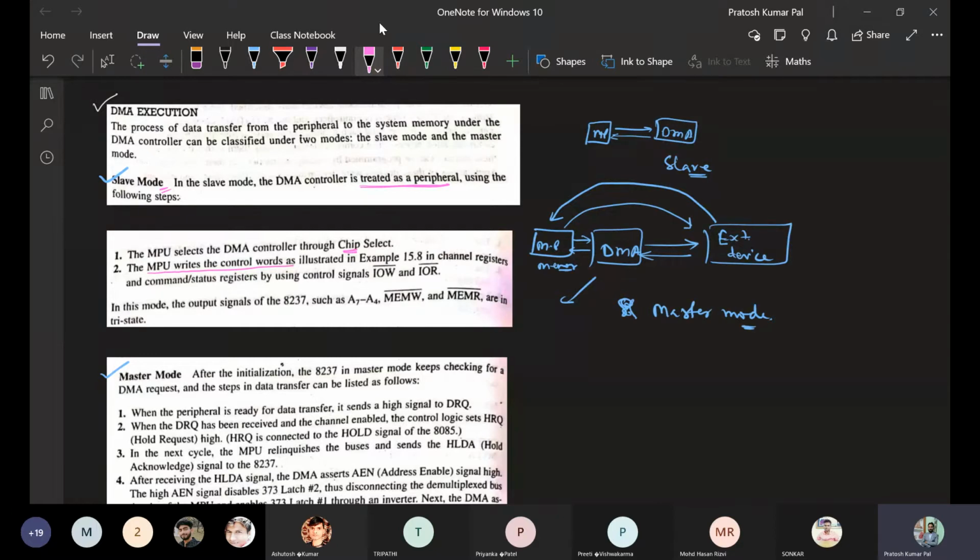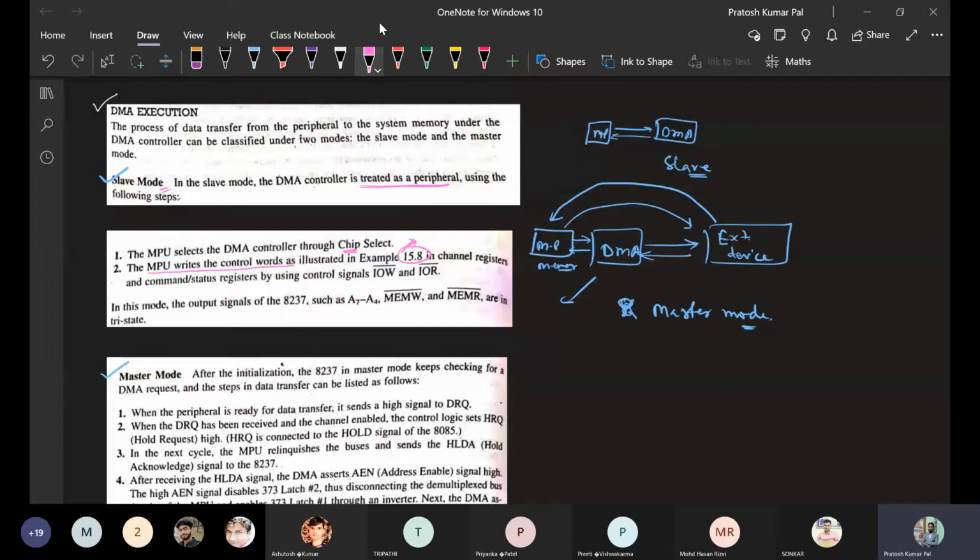We have included an example of those control bits below. So whenever some processing is going to happen, the microprocessor selects the DMA and writes some instructions, some control words, to the DMA controller so that it can perform the particular selected operation.